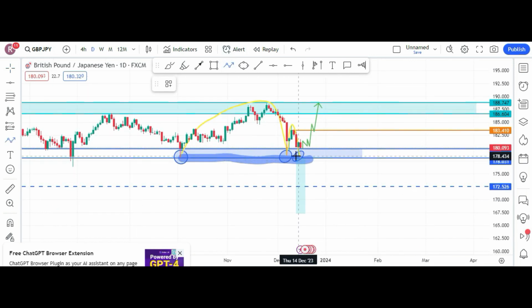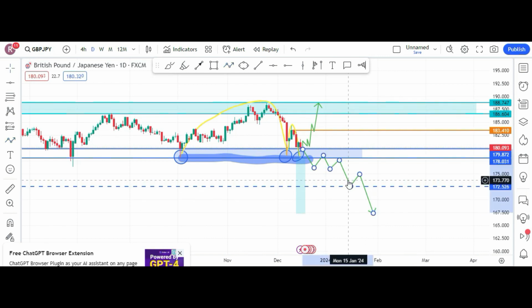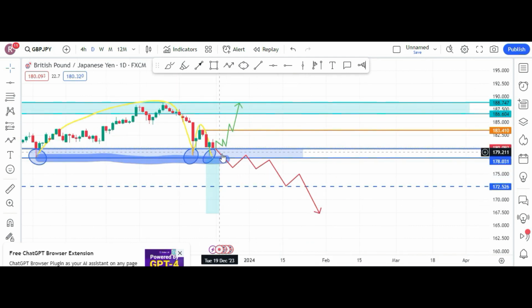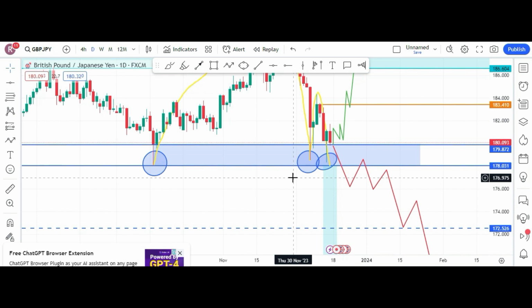If I draw the line, the price is here, it will come down like this and give a reaction, and it will fail to break this line on the top side, and it will at least come here. And if it breaks this line, then it will come to this position. Most likely, if I'm not wrong, the probability of being bearish is much higher. But until I see some price action here or here, I am not going to take any trade on GBPJPY at the moment. So let's wait and see what happens in the first 2 days,